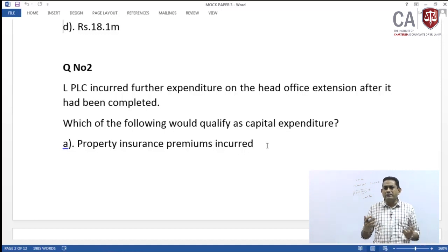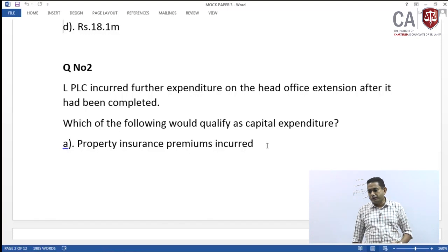So, it is only to see whether we maintain economic benefits or generate additional economic benefits, and that is the criteria to decide how the subsequent expenses should be accounted, whether it is maintenance to profit and loss or whether it is a capital nature expenditure.